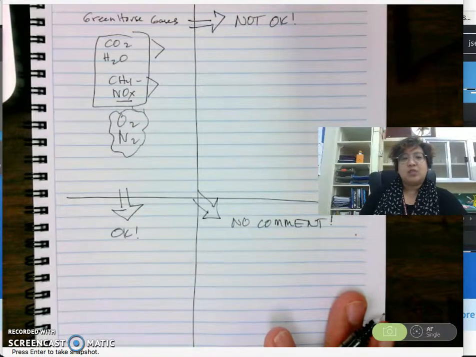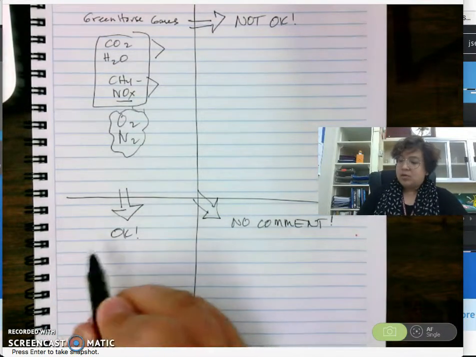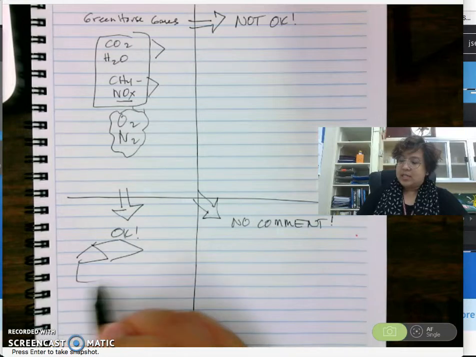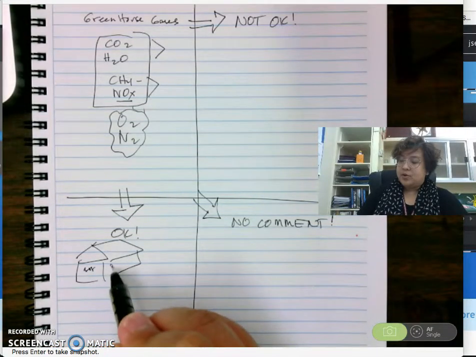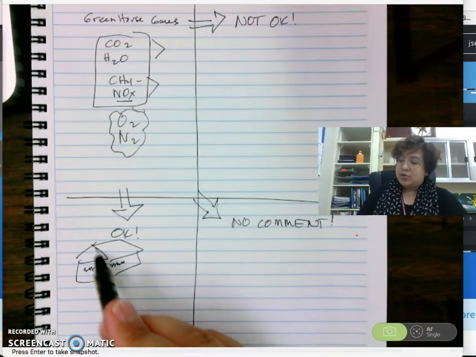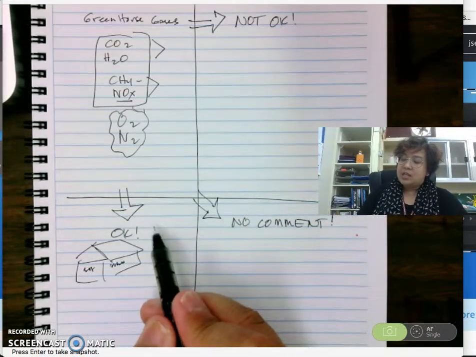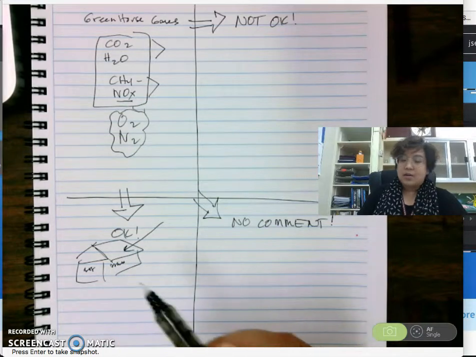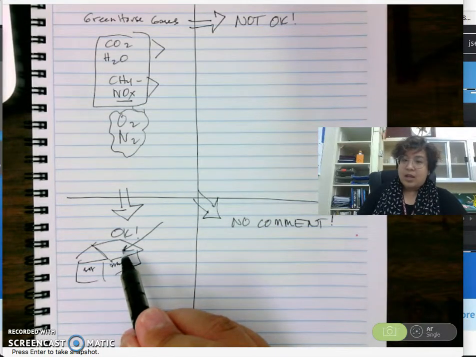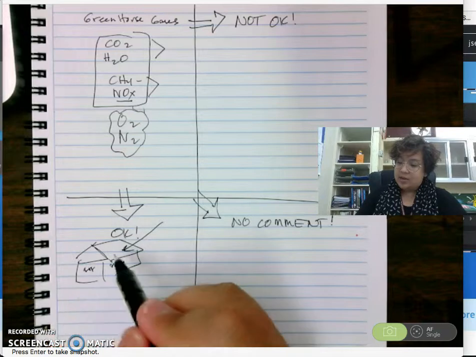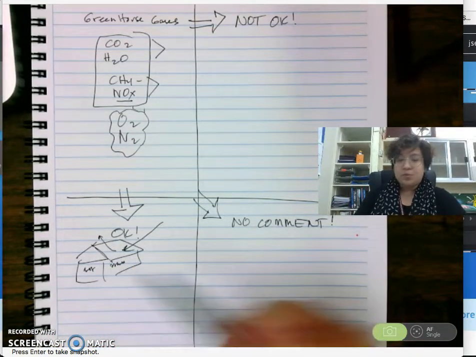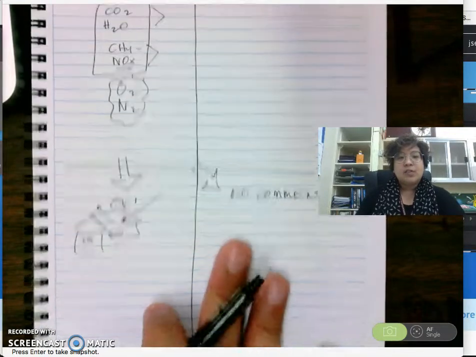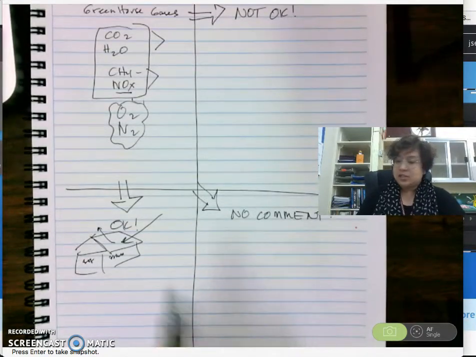Alright, so let's talk about why greenhouse gases are okay. You know what a greenhouse is? It's a glass type of house where you can grow plants. The idea is you're using glass because glass can let in sunlight, but then it bends the light, so the light won't be able to escape. Therefore, it stays here. It warms the house. Plants can grow. Same concept for our greenhouse gases.